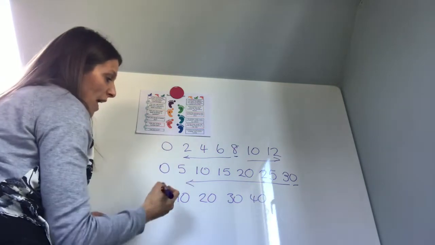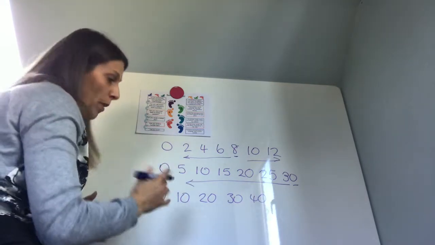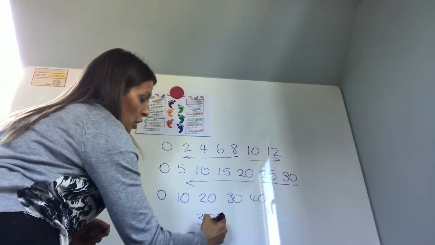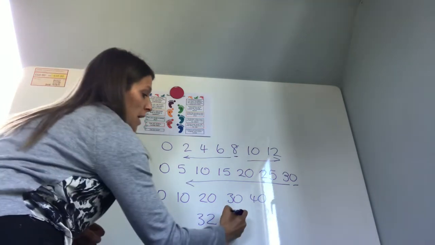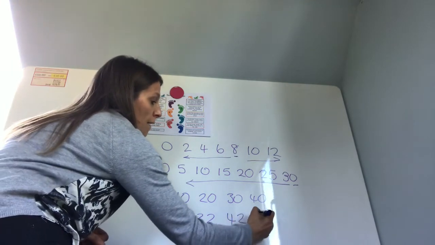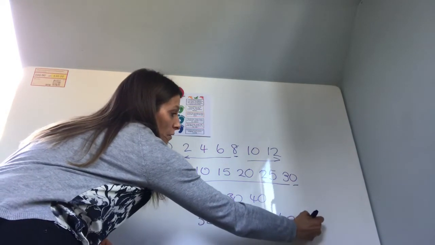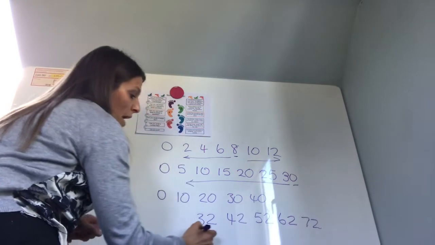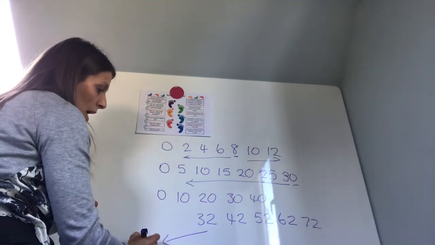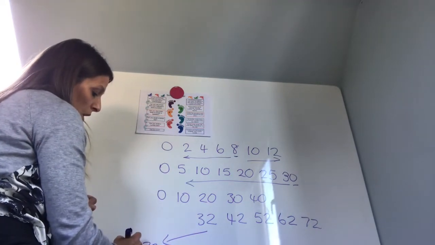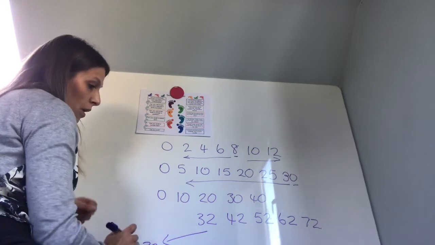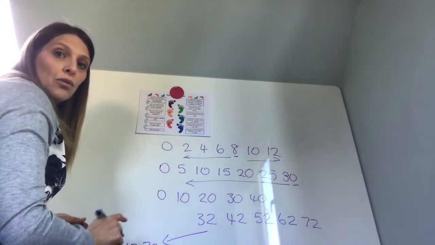Again, don't be scared to wiggle it up a little bit and start with maybe 32 and then count in 10s from there. So you would go 42, 52, 62, 72, okay? Then you might go backwards from there and you might go back to 22, 12 and 2, okay? Now counting in your 3s,